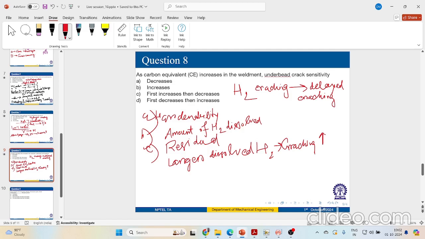So what can be a few remedies for hydrogen cracking? We have talked about the reasons for which hydrogen cracking happens. What can be some remedies? We have to basically control our welding parameters. So in terms of controlling welding parameters, what are they? So we'll be talking about,